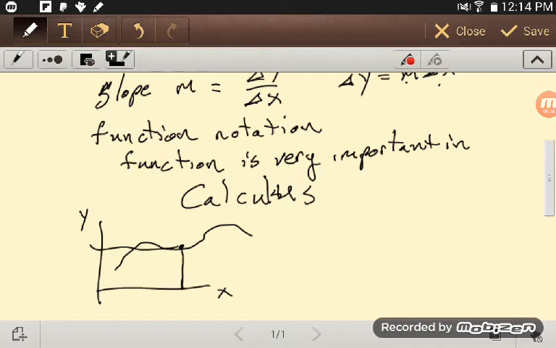This y is the only possible y that could go with that particular x value, and so we see shapes like that, but this is a function here,